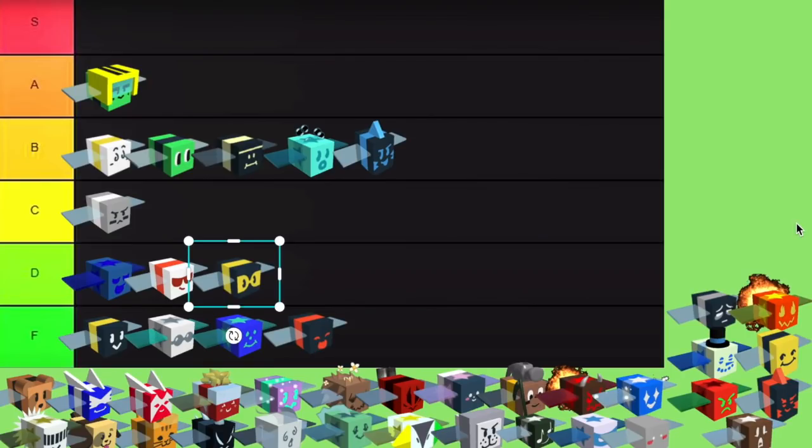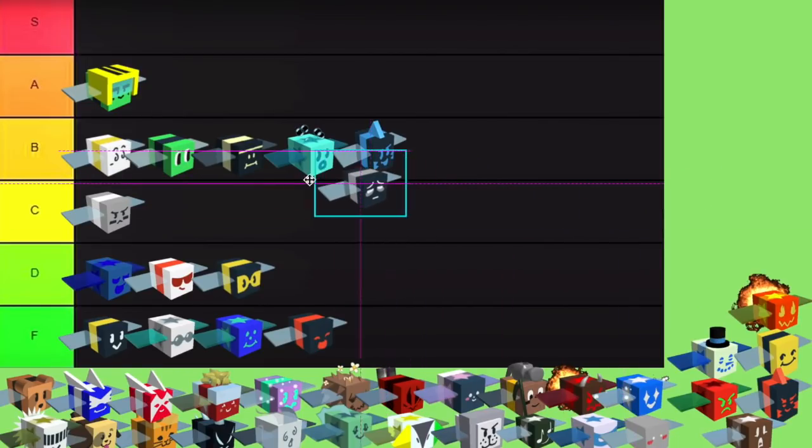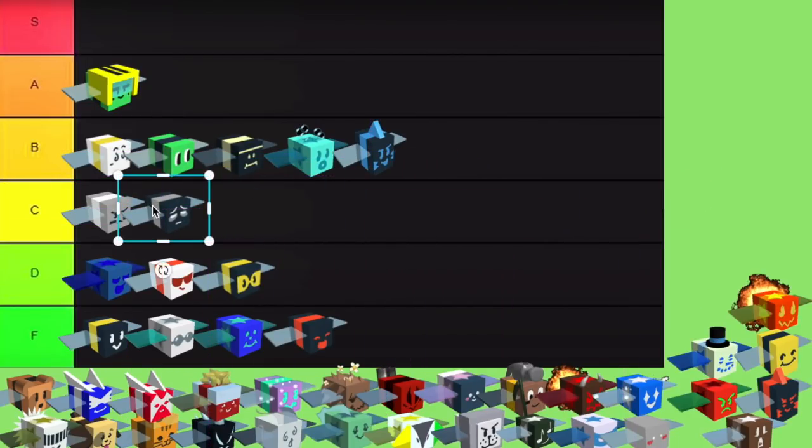Next is Exhausted Bee, and we'll take Exhausted Bee and stick it in C tier actually. Add another one to C tier because it does have Token Link and it does have unlimited energy. Its stats just really aren't great. It only has one attack and its speed is not good at all. So we'll put that there for now, and then the Fire Bee is next,